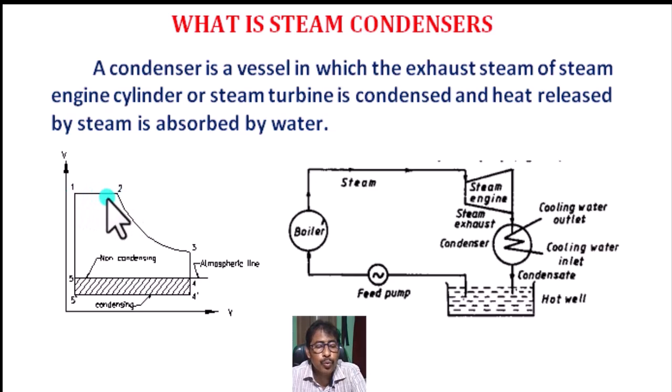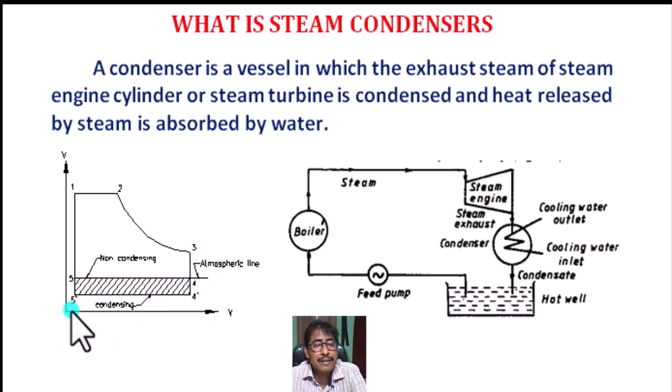From 1 to 2 at the boiler, water is converted to superheated steam, and 2 to 3 to 4 dash, steam expands in the steam engine or steam turbine, where superheated steam from the boiler is converted to wet steam and does work. At point 3, steam exits from the steam turbine or steam engine and empties into the condenser. At 3, pressure drops from 3 to 4 dash,